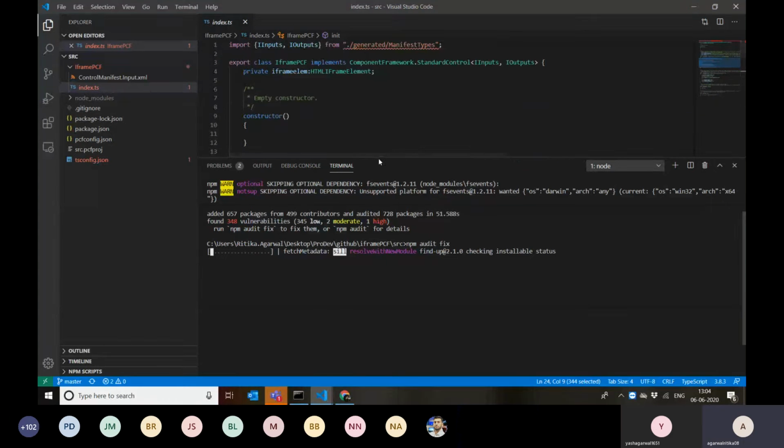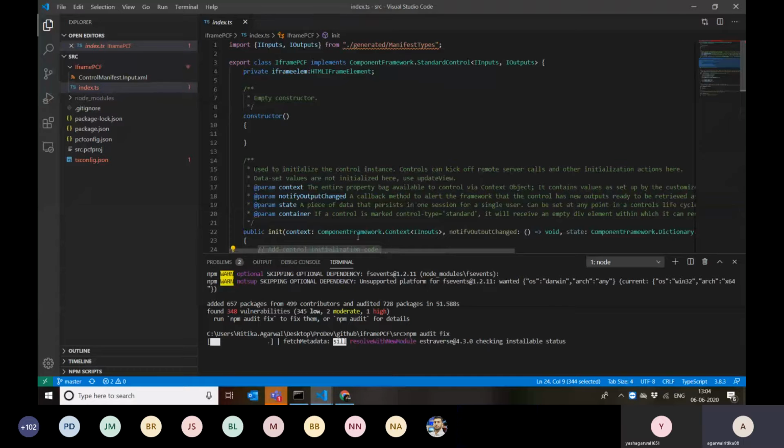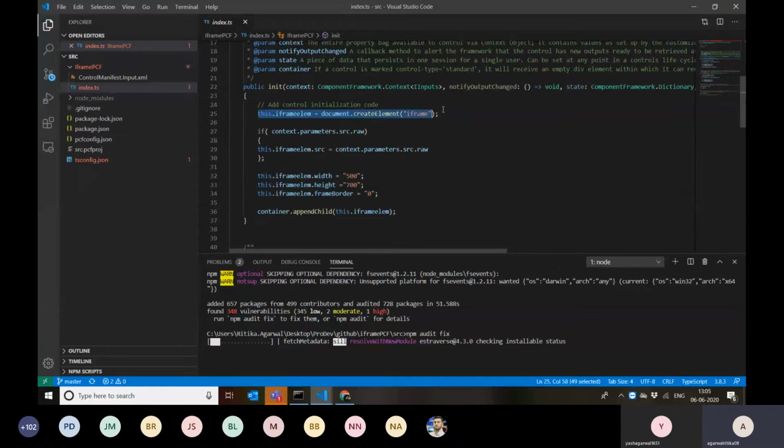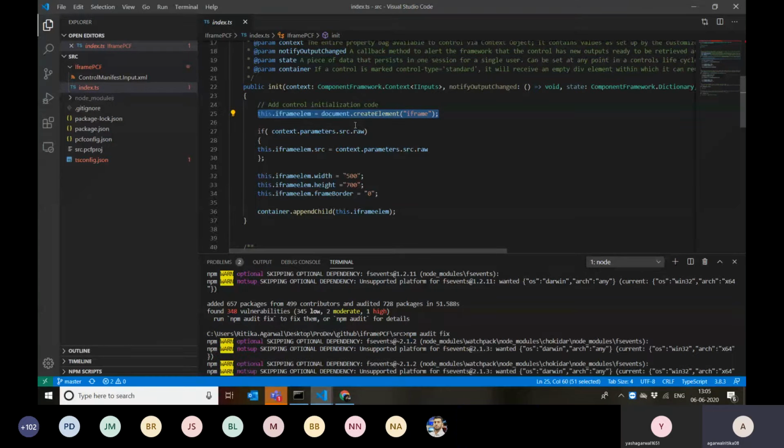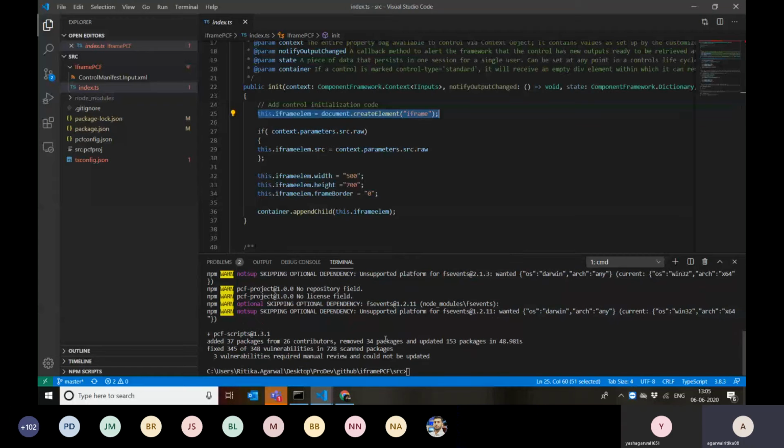Let me talk about the third-party NPM components. So let's say I have a few packages installed already, and if I want to utilize any third-party package, I can reference it here directly, like I am doing this for the manifest types. I can import that and use it directly. If this is not available directly because of any of the limitations, then you can anytime use variables to store the temporary values, and then this iframe element or any other PCF can refer to these properties or something like that.